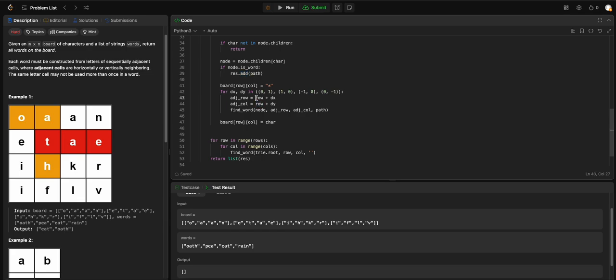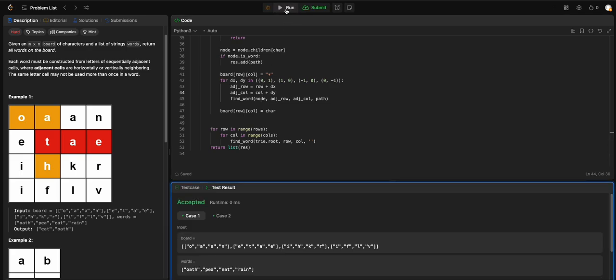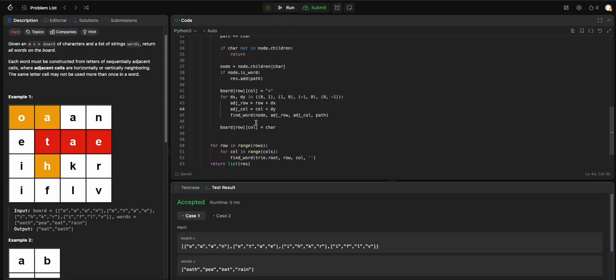Oh wait, I may see row and column. Just say adjacent column, a row, a column, a row. Yes, I check. All right. And yes, solved